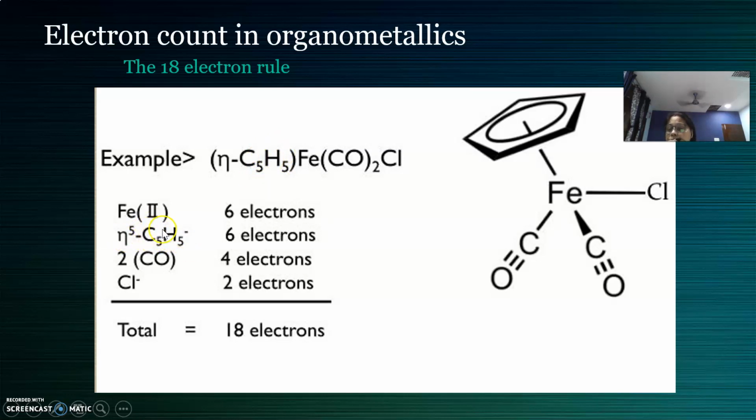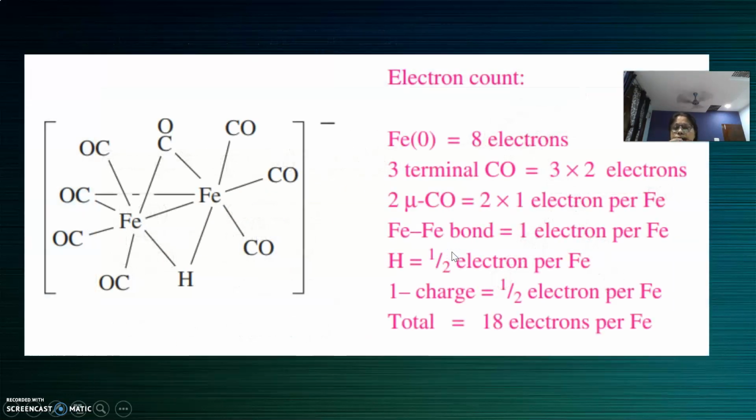So normally Cp can donate 5 electrons, but since it is in the ionic form, it will donate 6 electrons. Iron neutrally can give 8 electrons, but since it is in the ionic method, we have to take the stable oxidation state, so 2 electrons less. The previous one was the neutral method, and this is another way of calculating the electrons, but here you will be finding the